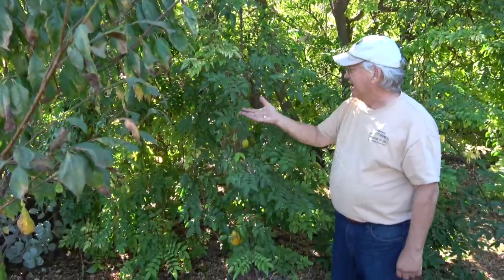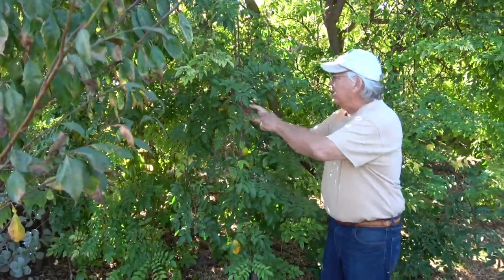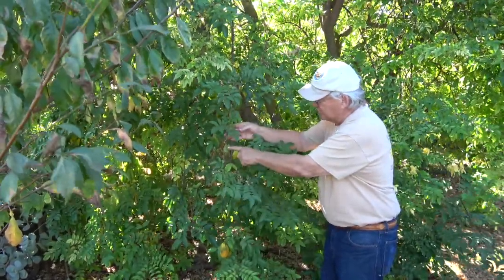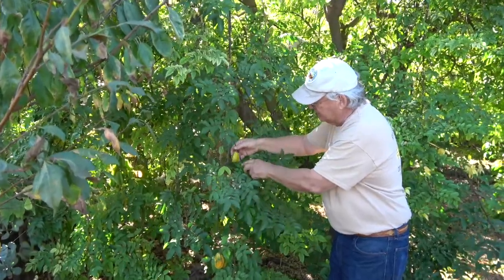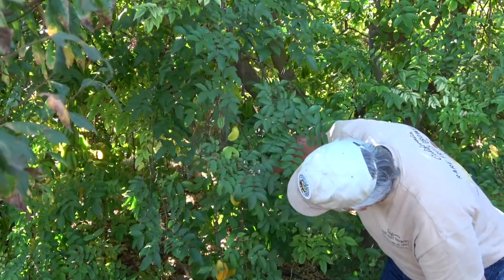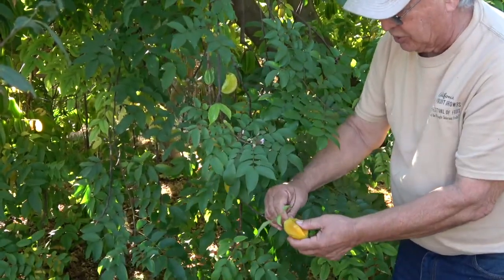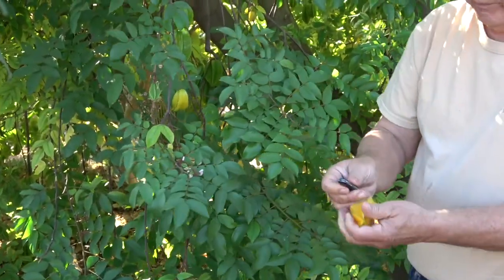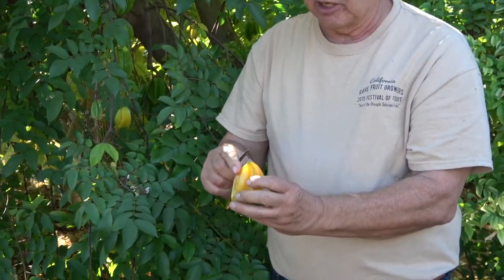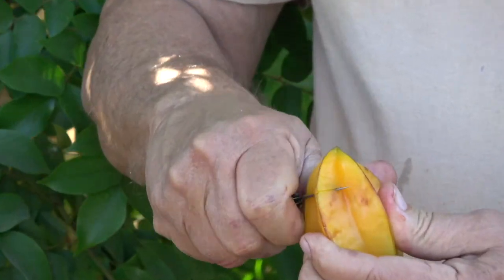So we saw this plant on another one of the Let's Find Outs. These are the flowers up here, and here's the beginnings of a fruit, and a small one, and another small one. And we come down a little further and we start getting bigger and bigger fruit until we get one this size, which is ripe. And if you haven't guessed by now, you'll notice that there are 5 lobes to this, such that when we cut across